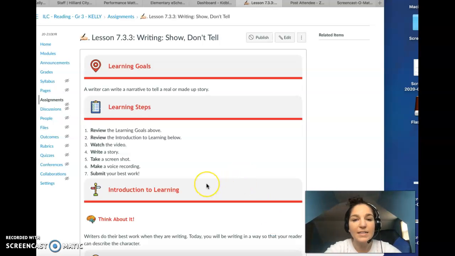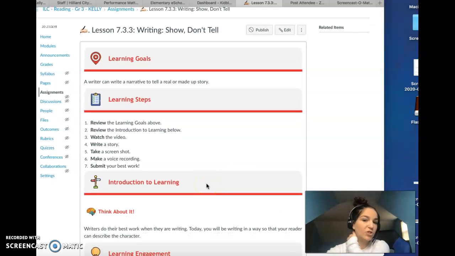So for writing today, you are going to show and not tell. It's so important as writers that when we're telling our stories, we don't just tell what happened. So what I mean by that is, if I'm sharing a story of one time that I went to the zoo, okay? If I were to just tell you the story, I would basically be listing what we did. For example,